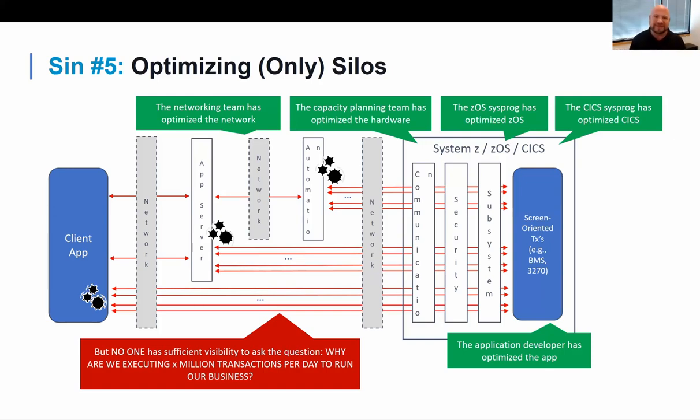Went to the z/OS sysprogs, gold star. Capacity planning, gold star. Everyone optimized their silos. Even the network capacity team, they got extra capacity between Chicago and Dallas. Good, they handle it. But it took someone finally asking a business question: we book 80,000 orders a day, and we run 25 to 28 million transactions. Why?